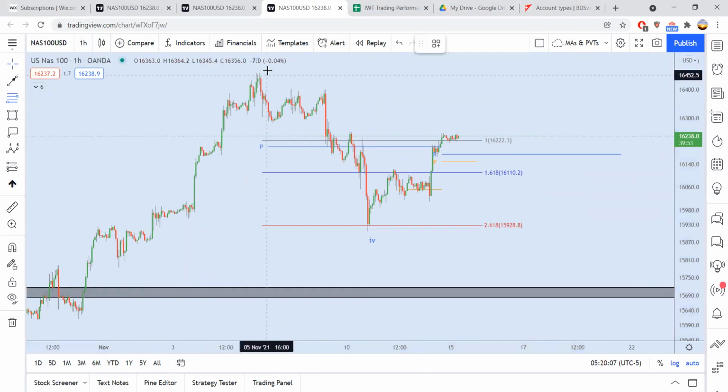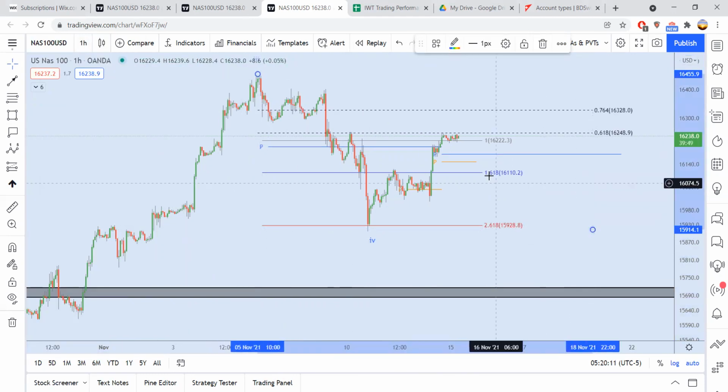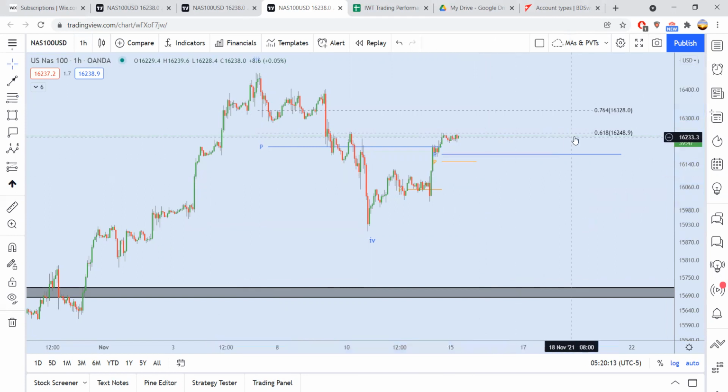Fib retracement, let's find the golden zone. We have a swing high, swing low. Let's move this extension here. We have the golden zone currently. Golden zone is usually referred to as a Fib retracement of 61.8 and sometimes 76%. And therefore, as long as price struggles to close above the golden zone area,